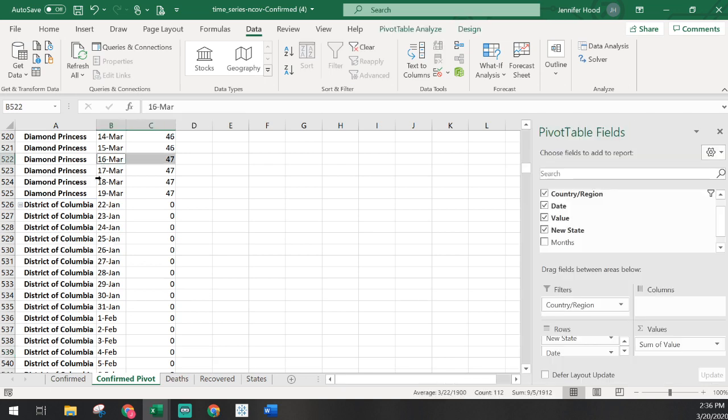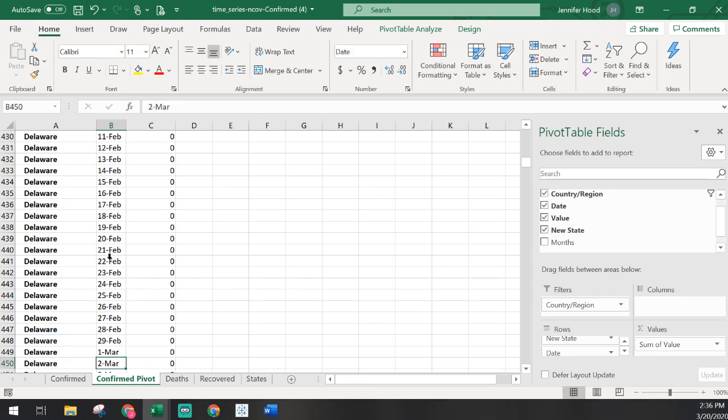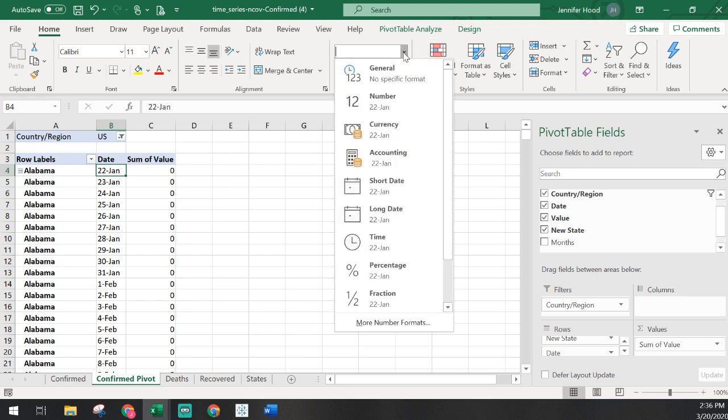Something else that I noticed as I looked at the data is the format of this date column. It says that it's a date, but if I hit the drop down, you'll notice that all of the different items all act like they're staying the same.